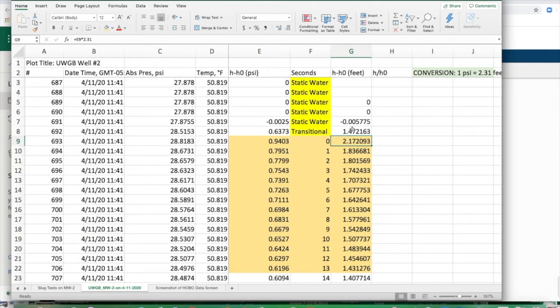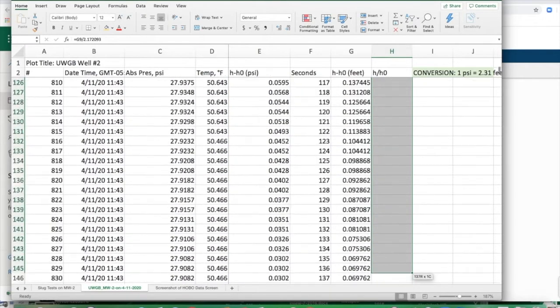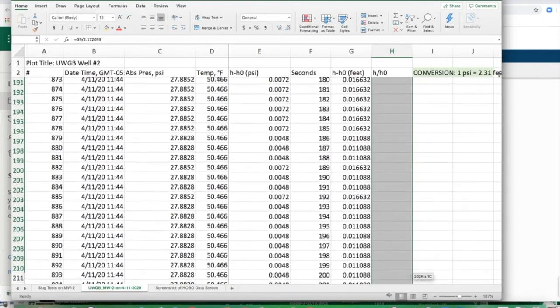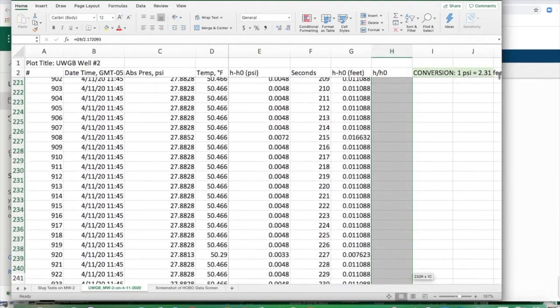So what we need to do is make this calculation. It equals our head value divided by, let's use that value. That's going to be our H0, our original displacement, 2.172093. So I'm going to use that. Our first initial value has 100% of the displacement, or that ratio is 1. Now if I fill down with this, I can calculate